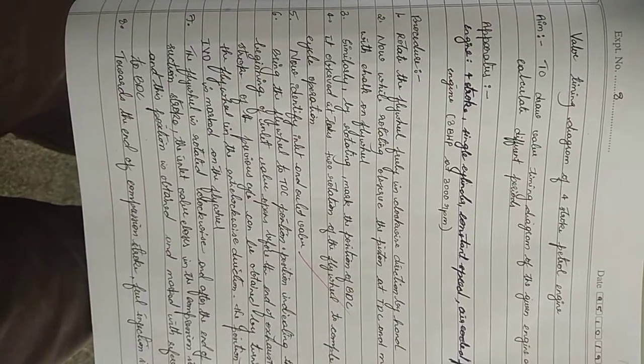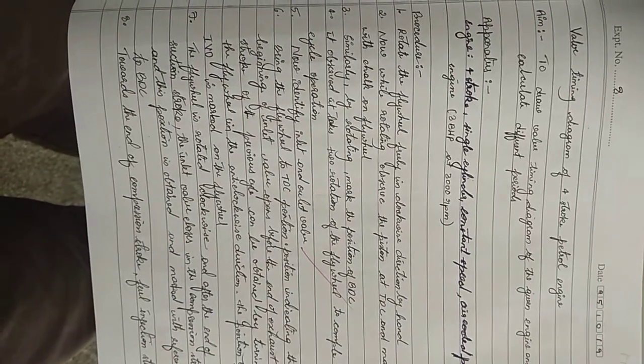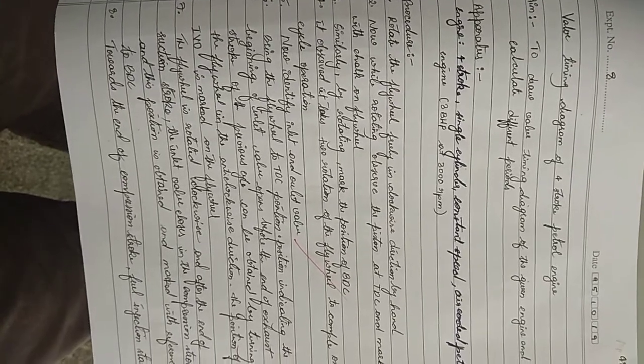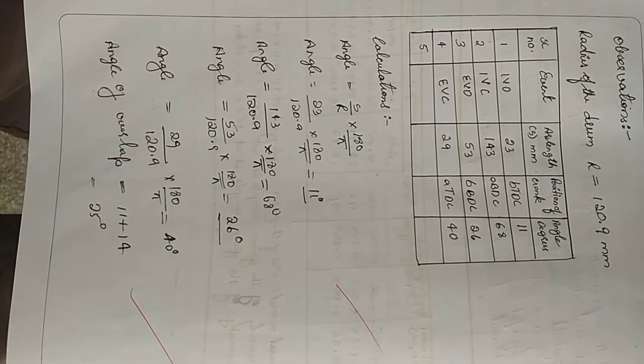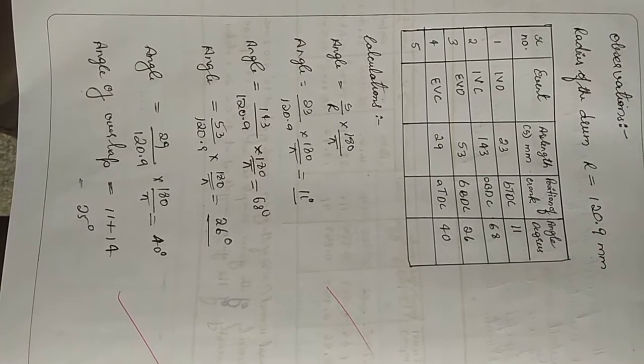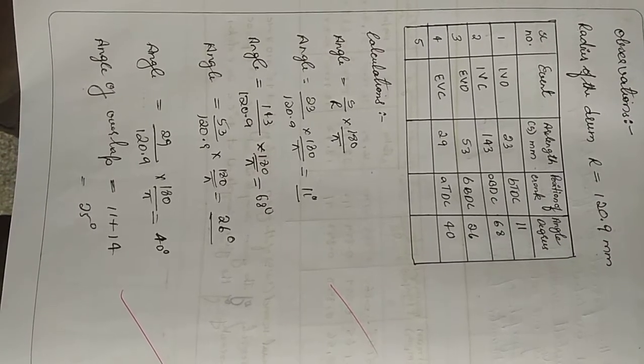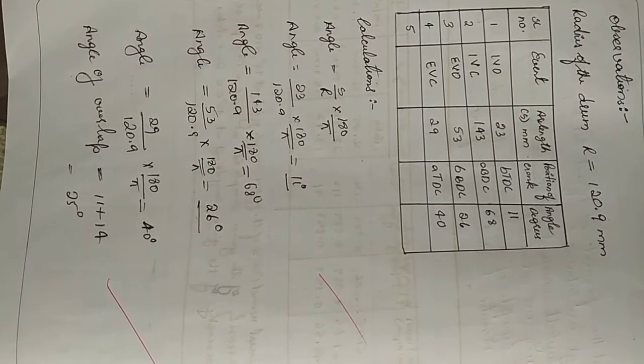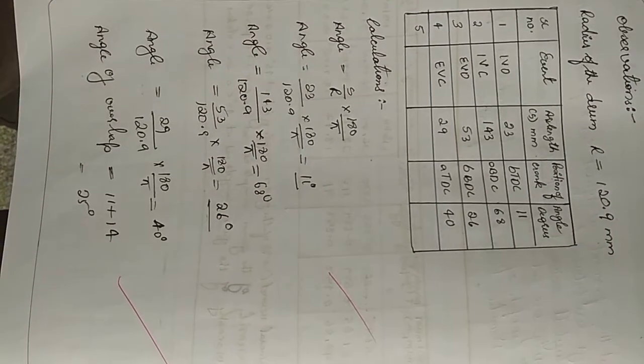Good morning, students. Today we are going to conduct an experiment on the valve timing diagram of a 4-stroke petrol engine. This is the tabular column. Here we are going to find inlet valve opening, inlet valve closing, exhaust valve opening and exhaust valve closing